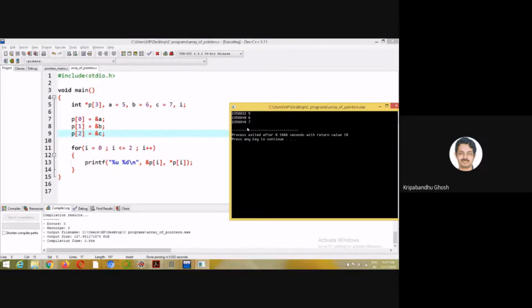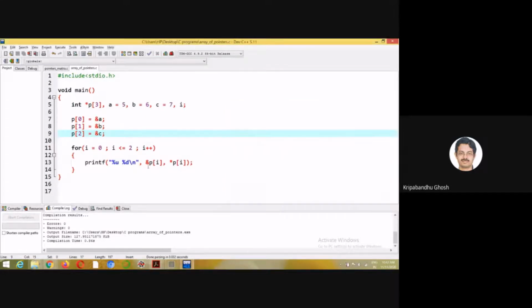In 32-bit machines, I think it is 4, but this is a 64-bit machine in which I am working. So it is 8 bytes, so it is getting incremented by 8 bytes. 8 bytes is also the size of a double, only double. So that's why it is contiguous, right?